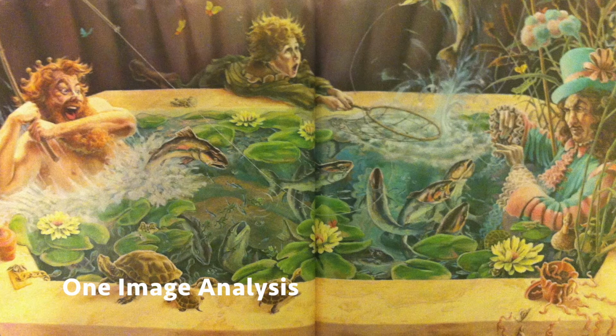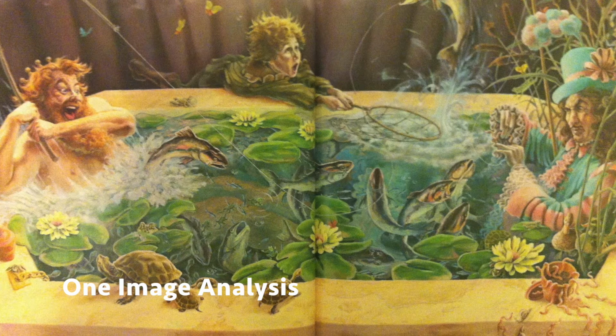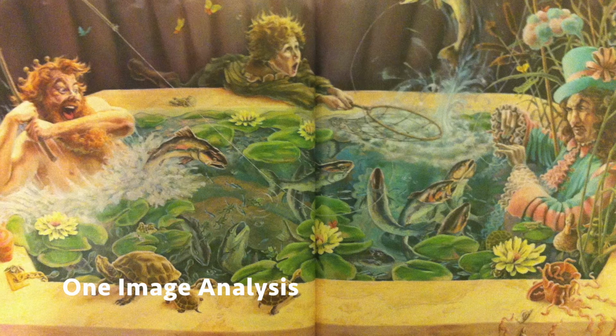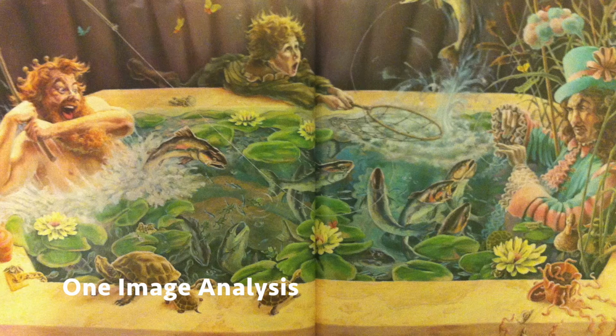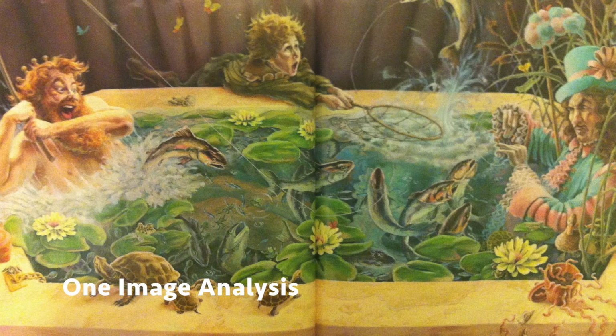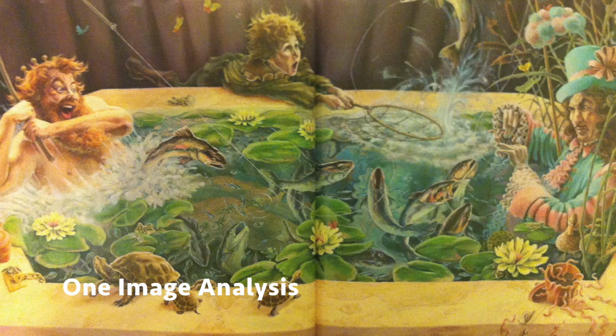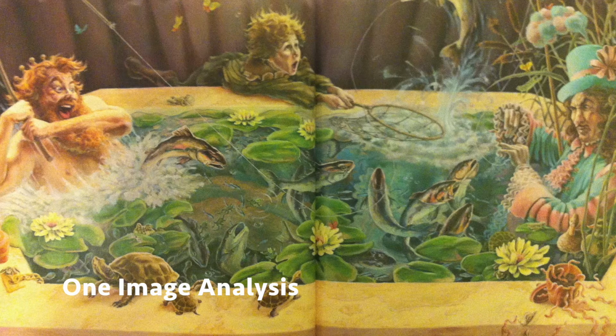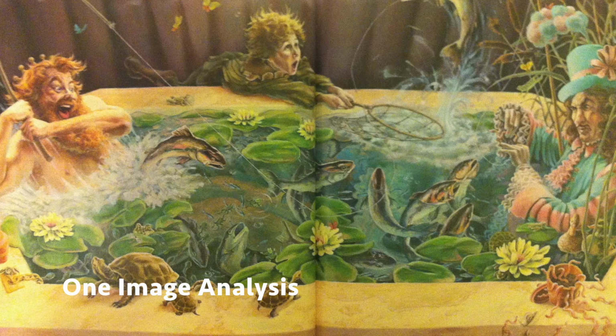The image is dim, representing the bleak situation they found themselves in. Steam coats the top of the page, making it difficult to see, just as it is hard for his people to see and understand why the king has holed up in his tub. This image is the epitome of the story, depicting the king fishing, as he is fishing his men into the tub with him, and the Duke looking frustrated, but indulging him, fully dressed, so not wholeheartedly, but in an effort